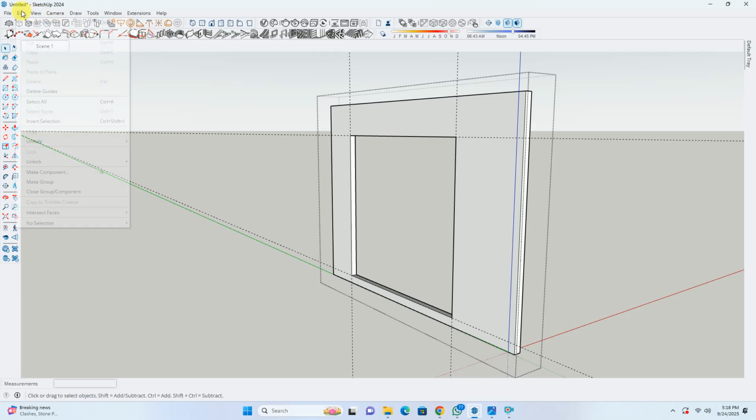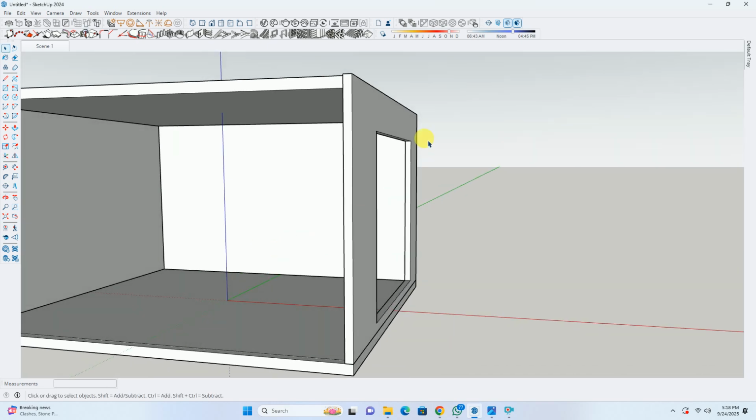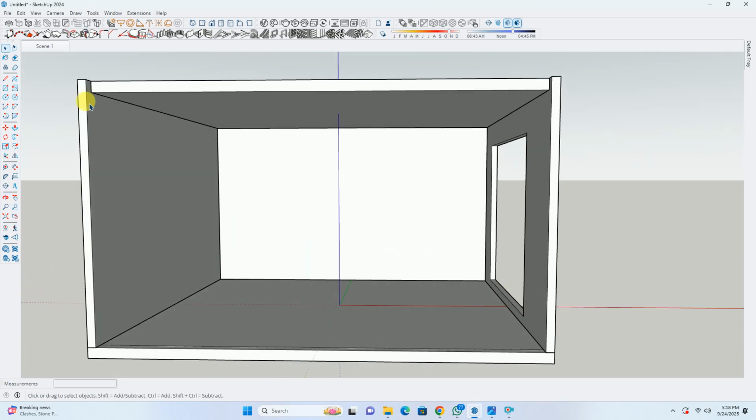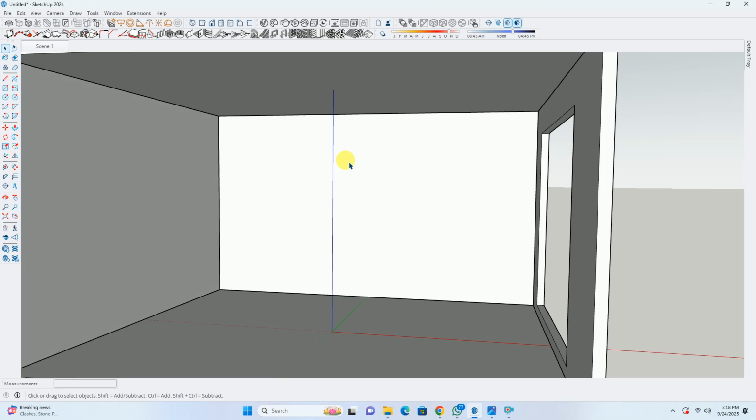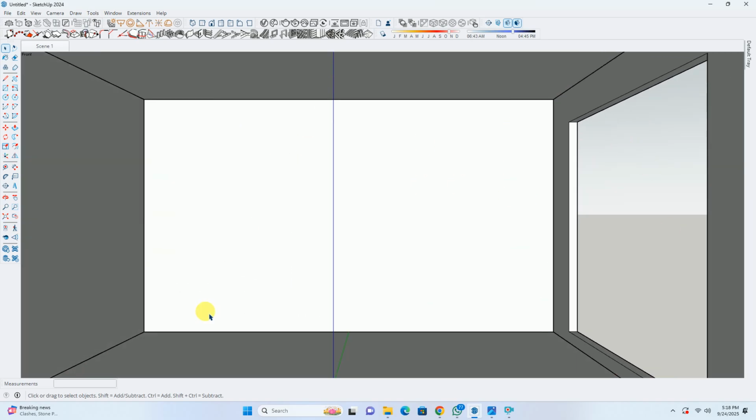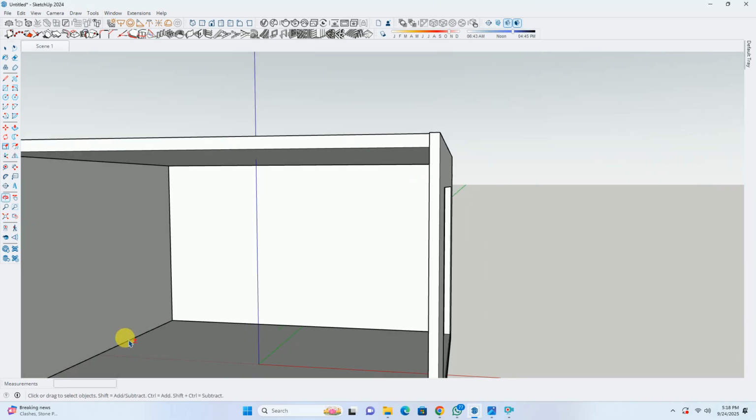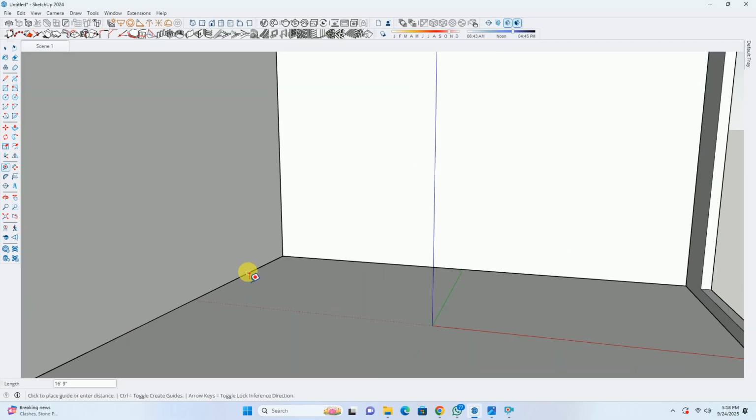Okay, now we'll delete this guide. In this manner, we have created a skirting opening. Now, if you click on this, you can see over here. Now we have to create a section for wardrobe also. So for that, we'll apply the tape tool. We'll get a gap of 2 feet, and from over here, we'll create a gap of 12 feet.